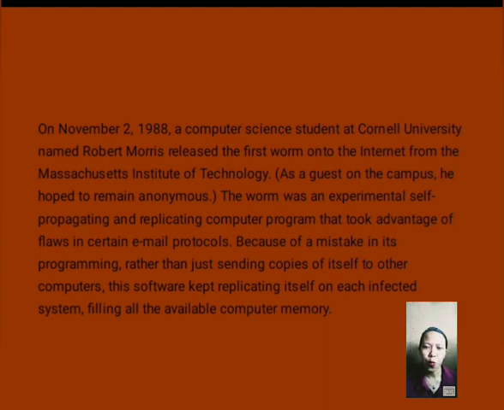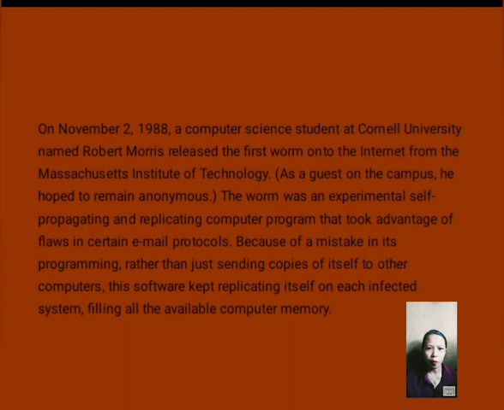A computer science student at Cornell University named Robert Morris released the first worm onto the internet from the Massachusetts Institute of Technology. As a guest on the campus, he hoped to remain anonymous. The worm was an experimental, self-propagating, and replicating computer program that took advantage of flaws in email protocols.